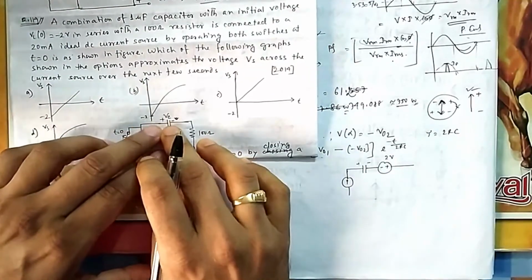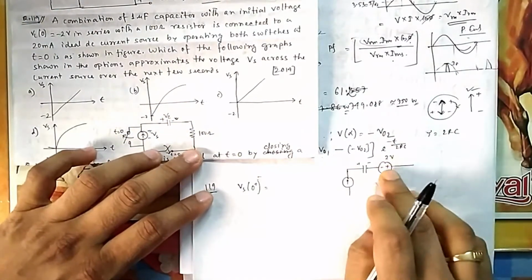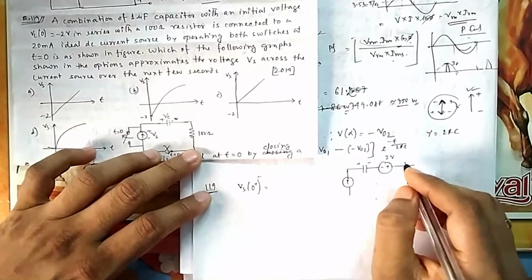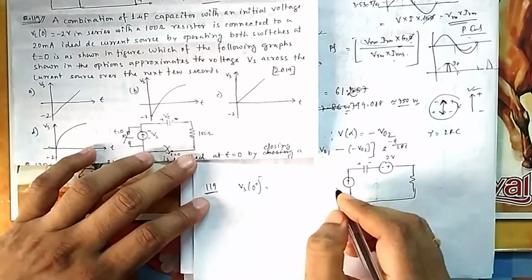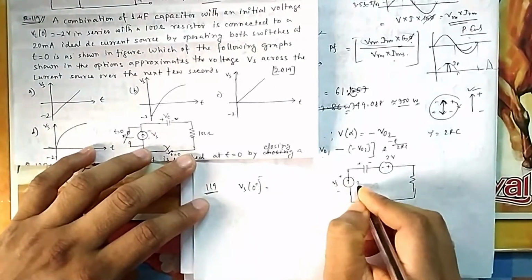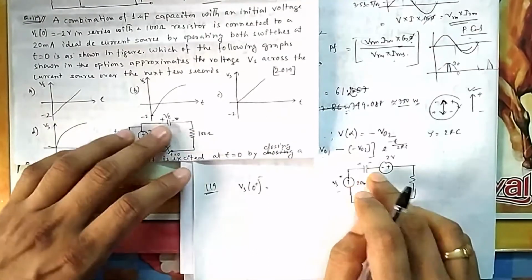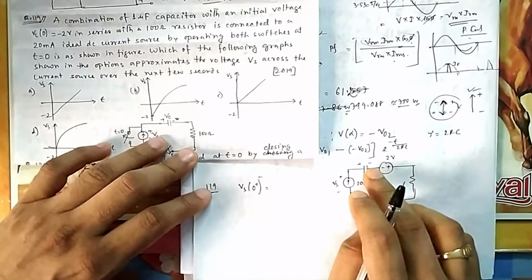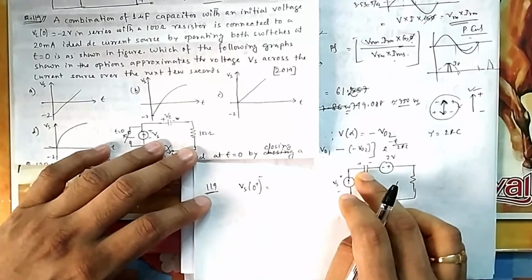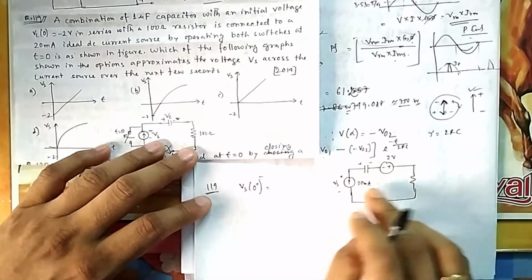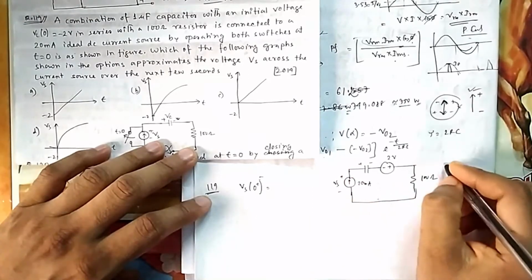Capacitor is charged in plus Vc, then Vc polarity is this, but they have given minus, so you change the polarity, or you write with the same polarity but minus. Whichever way you do it, don't do both things, then it will be wrong. One switch will be closed, one will be open, and this is Vs. The voltage across the capacitor was initially minus 2 volt, so after switching on it will also be minus 2 volt. Initially the capacitor will be short circuited, so the current will flow through this, 20 milliampere will flow through this. Because it is a current source, this current should be maintained.